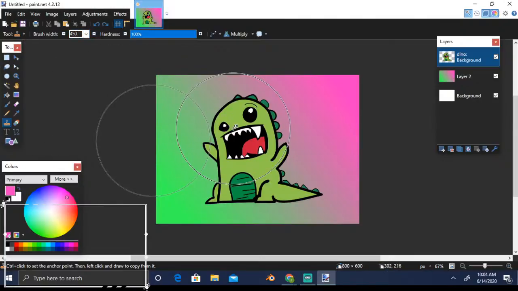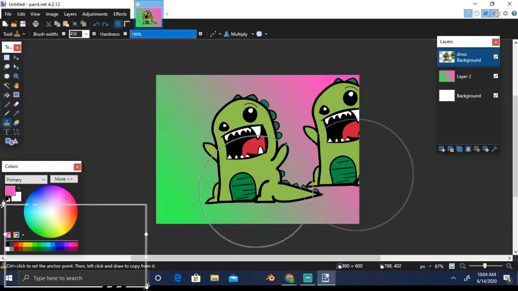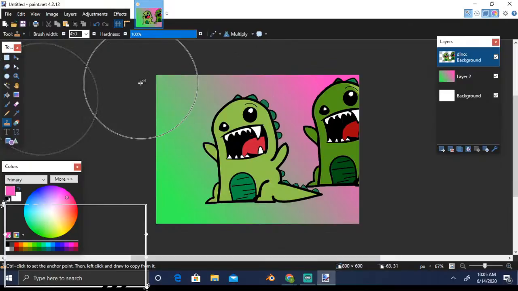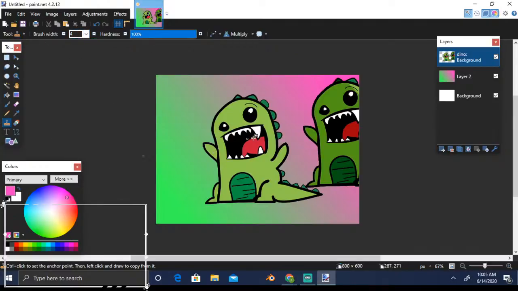I have selected a big brush size so that it covers the whole thing. I'll just press control and click it here. Now this is set as the area which it will copy, and then I left click and drag it down into the other area, and here it has cloned it. This is a very powerful clone tool. I hope to do it more when we are doing a photo touch up kind of thing. Let me decrease the brush size because we hardly need this big brush size. So okay, that was the clone tool.